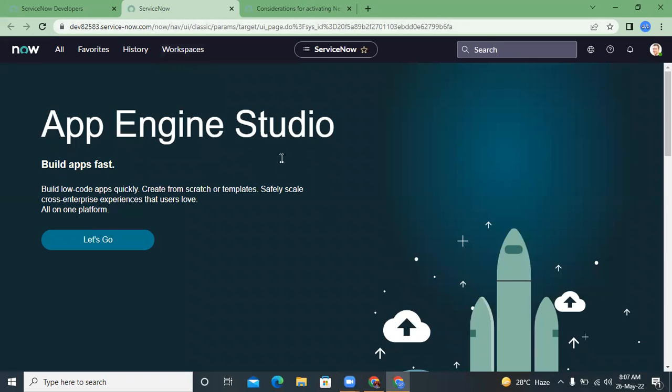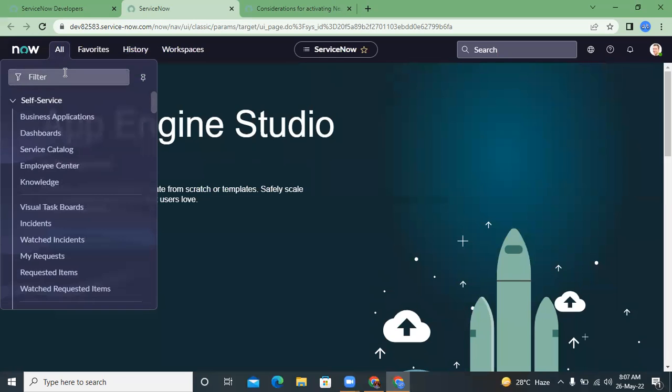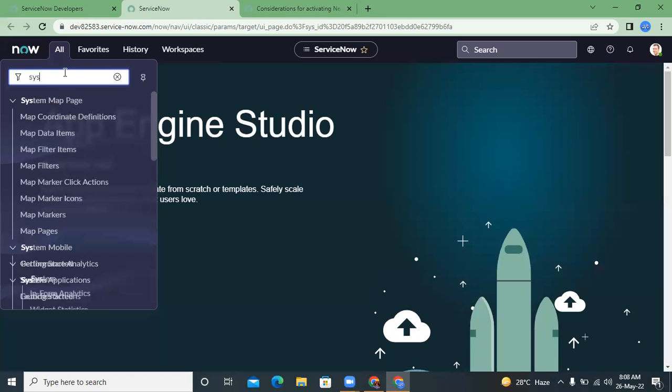So I have opened my personal developer instance, and as you might be saying, from San Diego onwards, ServiceNow changed this particular UI to Next Experience by default. So for all of the users in this instance, if you don't want this Next Experience UI, if you want to go back to what UI 16 was, then what you have to do is